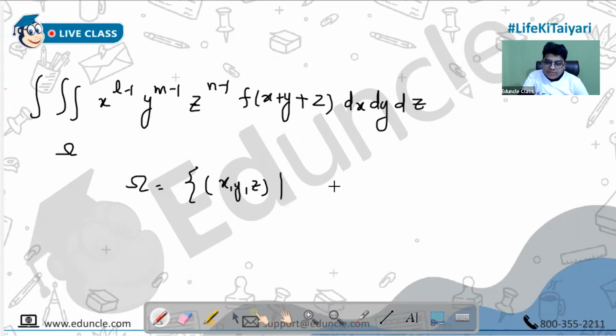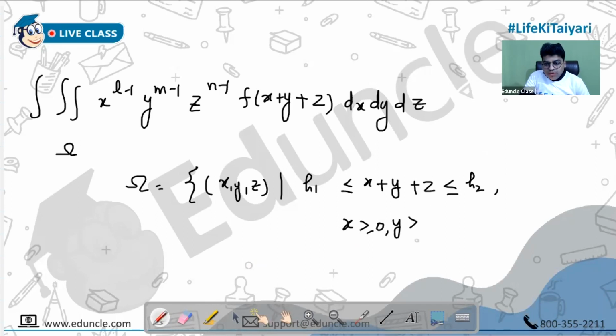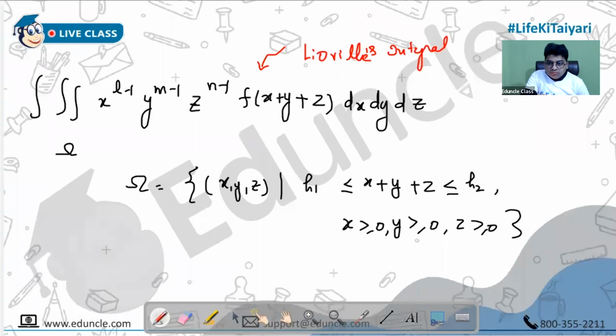And in Liouville's, you can say this x plus y plus z lies between h1 and h2. The condition remains same. It is in the first octant. This is called Liouville's integral. The answer is